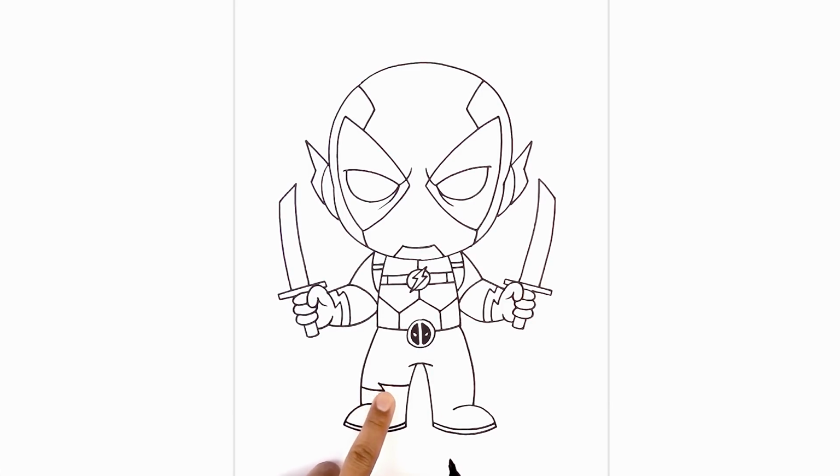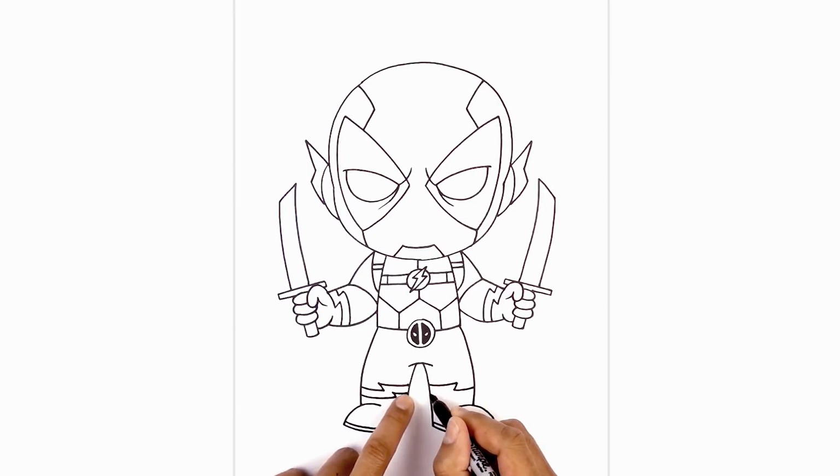Now we're going to take that and just duplicate it below. Stepping down, curving across, up at an angle, and then across. Now let's do the same thing on the right. We're going to start with the inside of the leg, curving across, and then we're going to duplicate that. Stepping down,